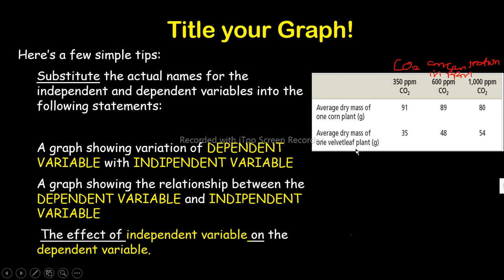So that title is really good, that I can read it and simply understand what your graph is about. And it's brief. And so guys, yes,